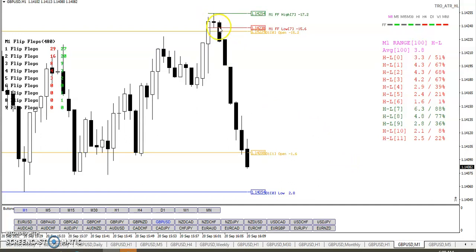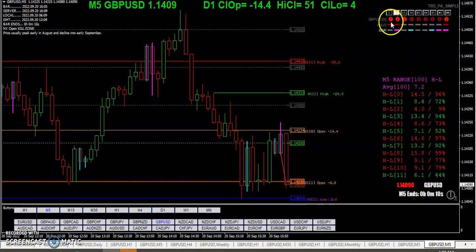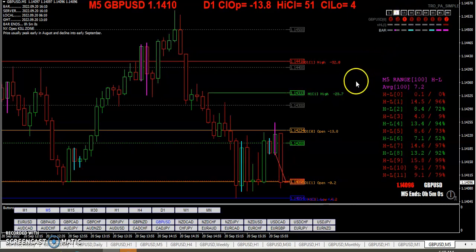So now we've got 1, 2, 3, 4, 5, 6, 7 in a row. 7 in a row right there. That's why I like to have this indicator, so I don't have to count. I can just look and see. So, do we reverse? One of the things I usually don't like to